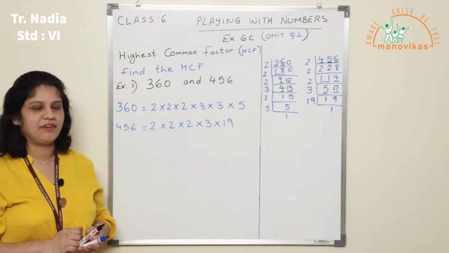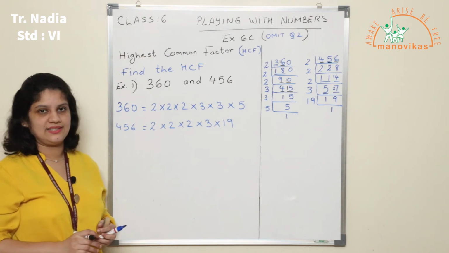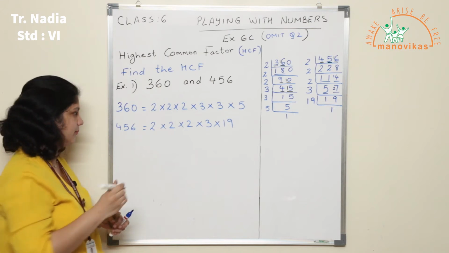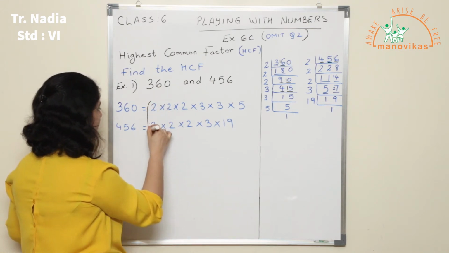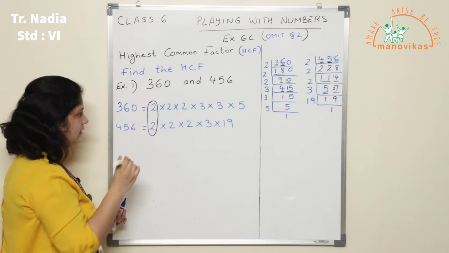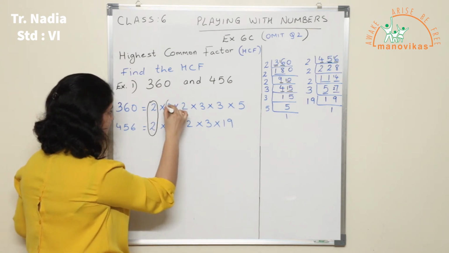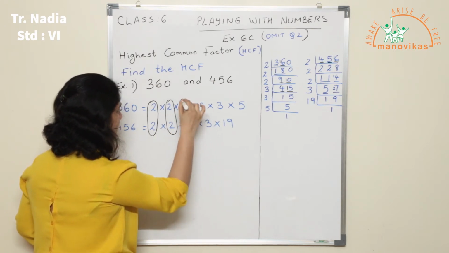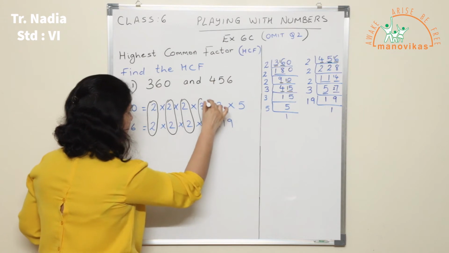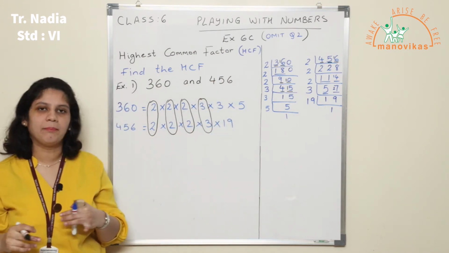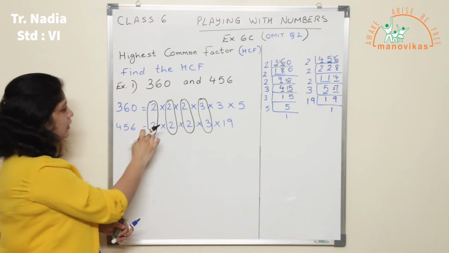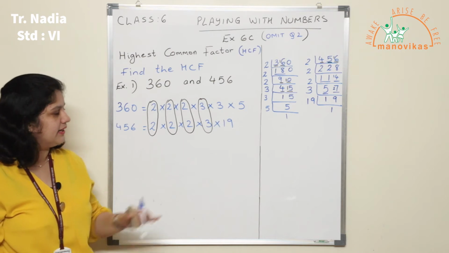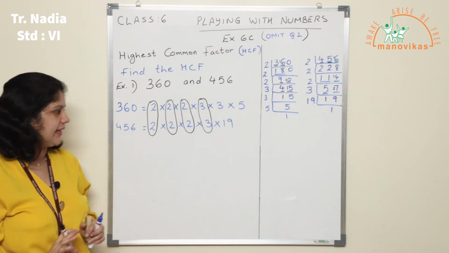The next step is how do we find the SCF. To find the SCF, I need to make pairs. I need to see what is common between the two. Here I have a 2 which is common. Let's see if I'm getting anything else common. There is one more 2 which can be paired up. There is one more 2 which can be paired up. And there is a 3 which can be paired up. So I have to look for numbers which can be made into pairs. So this 2 forms a pair, these 2 form a pair, this forms a pair, and this forms a pair. The rest of the numbers are left, they don't have any pair.